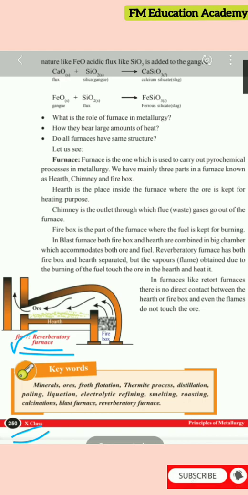Figure 7. So how are you going to draw? This is my diagram of the reverberatory furnace. Draw it as it is. It is very easy, and you just need to mark the arrows like this. So what is the labeling you can see here? First of all, we have a firebox. From the firebox, heat and gas will be released, and it will pass through the hearth, which you can see here, H-E-A-R-T-H, and you have to put some dots here. It is going, and then finally we'll get ore from this passage. So how many parts are there here? 3 parts are there: firebox, hearth, and ore, and also arrows. This is my reverberatory furnace. If you draw this, you will get 2 marks.